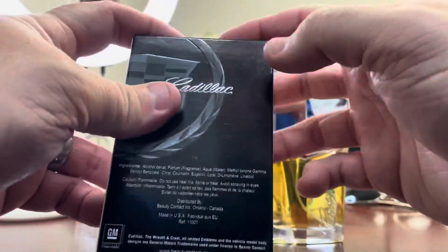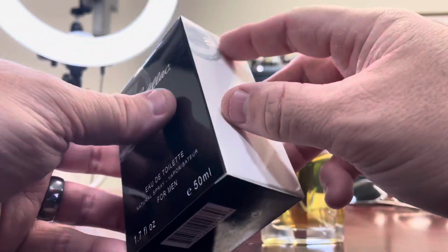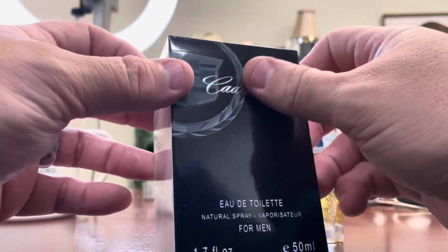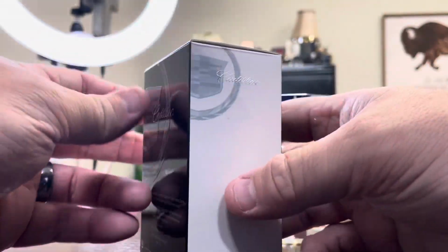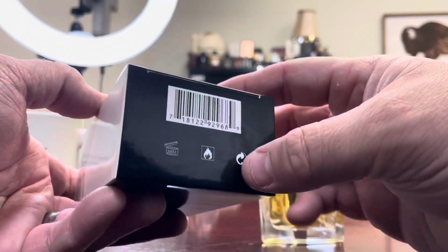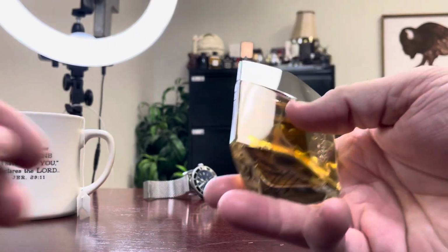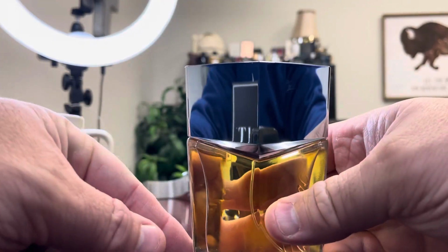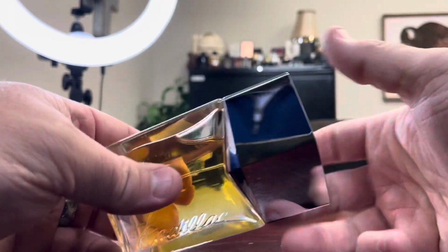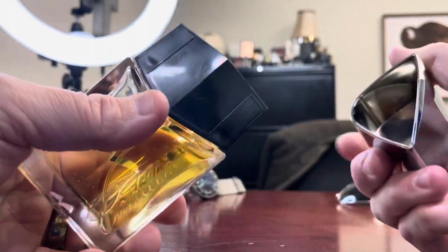The packaging is nice for a designer fragrance. The Cadillac is embossed, it's raised, and it looks nice. Got all your information on it. And actually the bottle looks really nice too. It's heavy. You can tell it's got that thick glass at the bottom. Nice reflective cap. I'm sure it's plastic, but it's